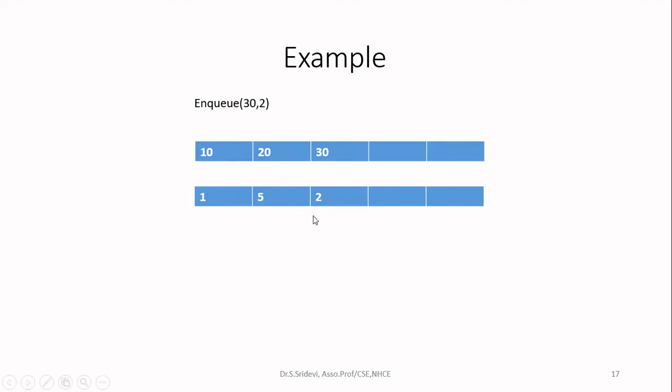So order of one time you can perform the operation. Now, again, NQ 40 and 2. Now add 40 after 30, add 2 after this 2 in the corresponding priority queue. So here in NQ operation, you are not performing any sorting or nothing is done. Simply you are adding an element in the corresponding position. So it is performing in order of 1 time complexity.